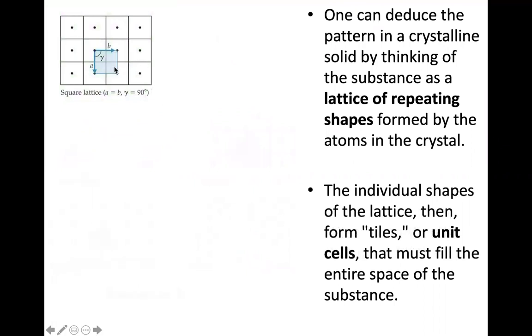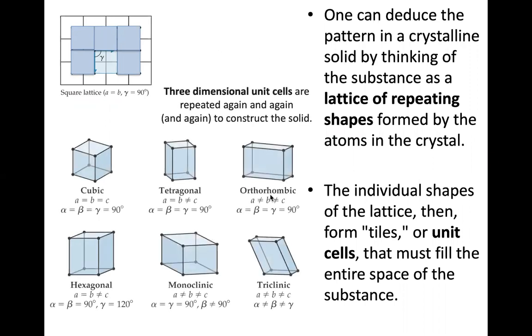There's only certain shapes that will fill it all up. If you take a square, you could have a square again and again. It's not going to have empty space. It could fill up all of the space. That's what happens in two dimensions. That's called, it tessellates. It turns out there's only a fixed number of arrangements that you can fill up now